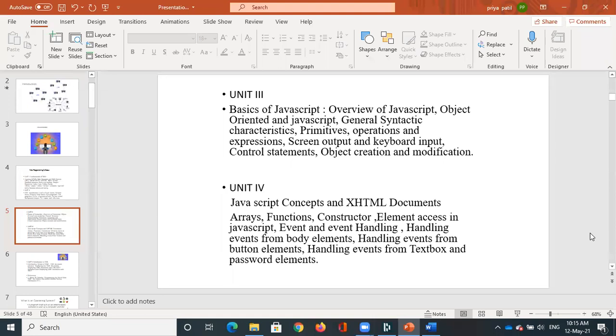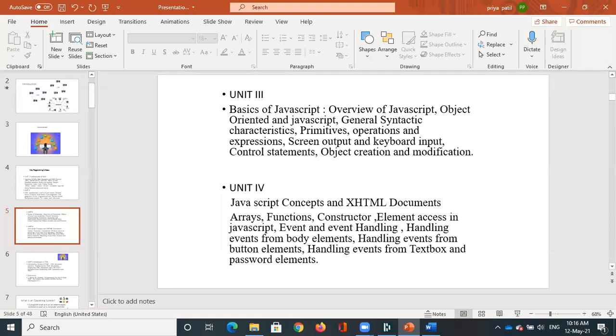Compared to JavaScript, C is a little complicated, because in JavaScript the advantage that we have is we don't need to specify which data type we will be using for the variables. If I want an integer, I just take a variable and declare it. There's no need to specify whether it should be integer or floating and so on. Whatever value you store in the variable becomes the data type for that variable. But in C, we need to declare specifically that it should be integer, float, long, char, and so on. In JavaScript, it is not like that.